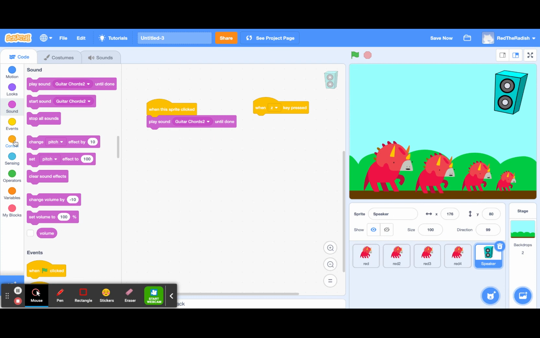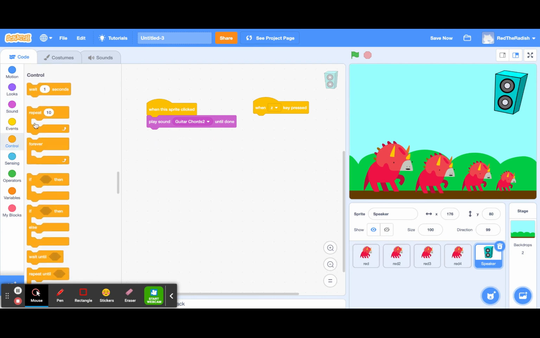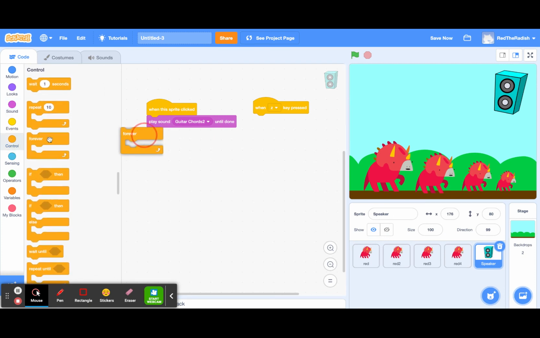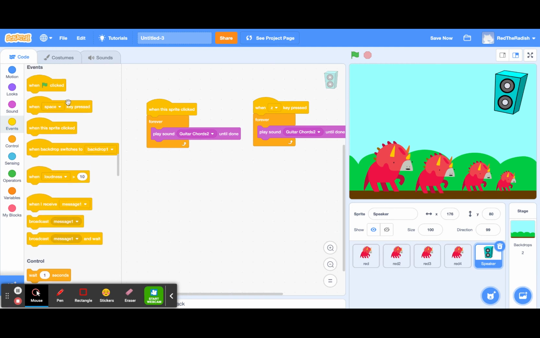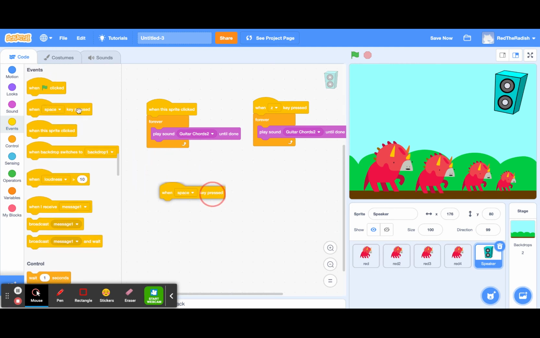Now I want that to loop. I want that to keep going. So in the control, I'm going to say when that sprite is clicked, play it forever. And I will duplicate that block and add it over here too. Now, whenever you make something loop forever, it's nice to give it a way to stop. So I'm going to say when the space bar is pressed,